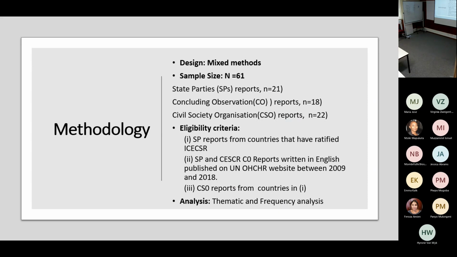Of these 61 reports, we found 21 state party reports, 18 concluding observations reports, and 22 civil society organization reports. And our eligibility criteria was state party reports from countries which have already ratified the covenant, and